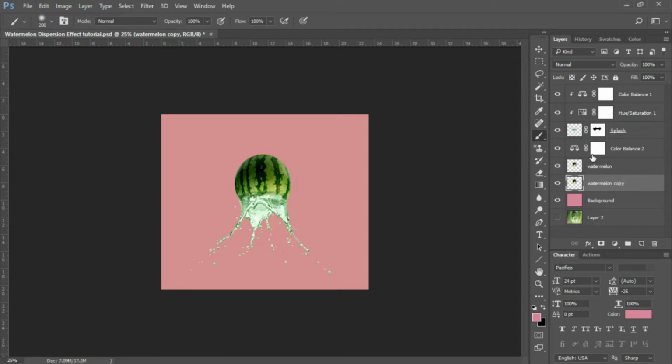Oh, we lost our clip here. So what we're going to do is select our color balance layer. While pressing Alt, just hover between the layers, and you see that little icon pops up there. Just click once and it'll clip back. There you go. Now you've got your color balance clipped back to the original watermelon layer. So if you ever lose a clip, that's a helpful hint. So we've got our pink background here,